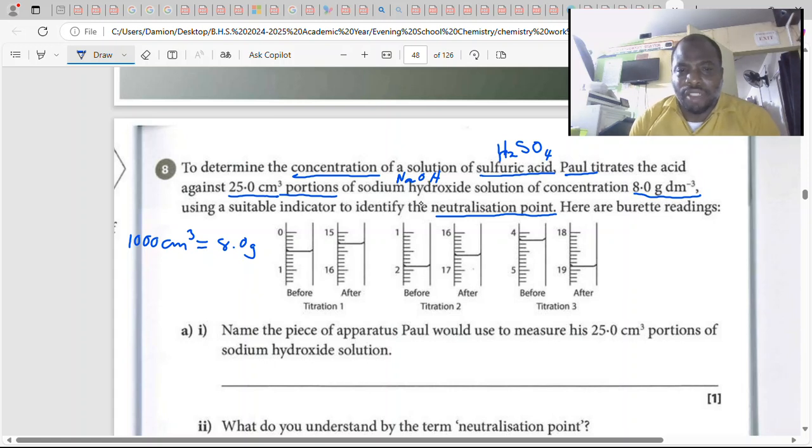Now in your burette, that is where you place your unknown. So we wanted to know the concentration of the sulfuric acid. So in the first case, what we would have done, and if you notice how the readings are,